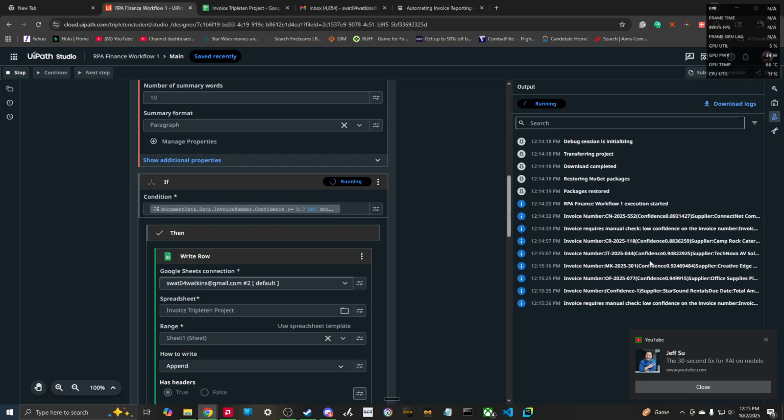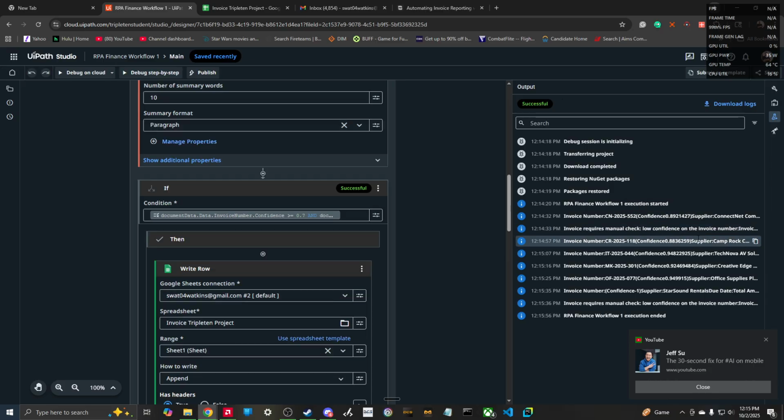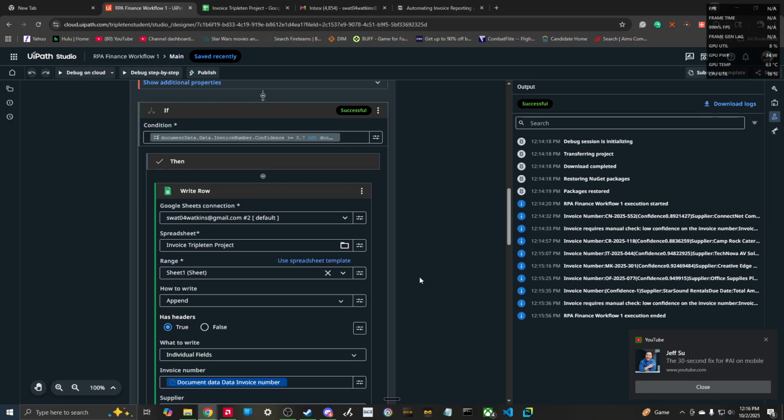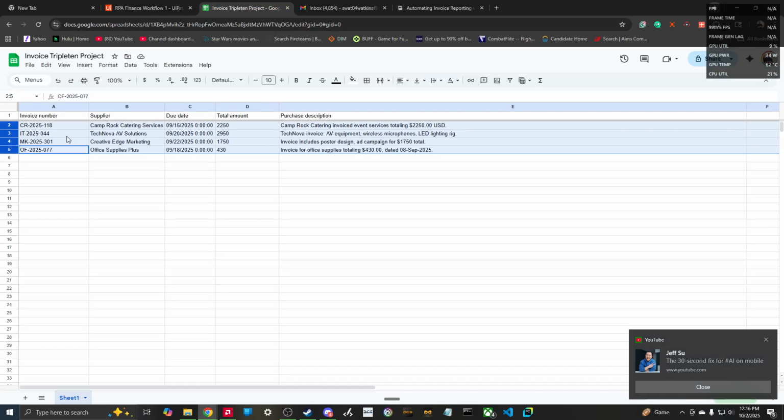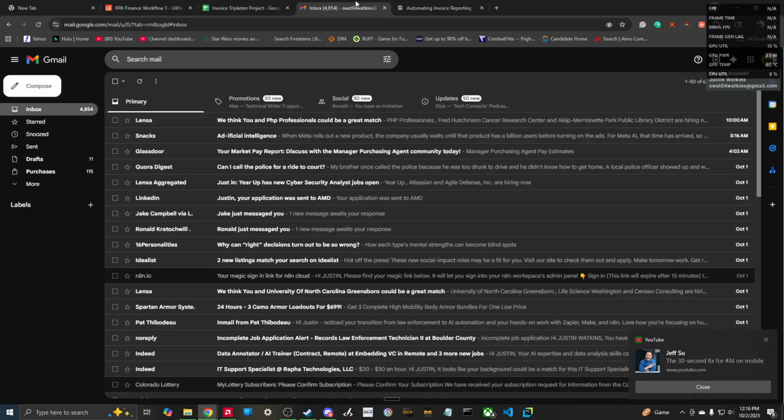But I do want to show you the basic form. That's not required to show up, though it will show up for the logs, which is obviously required. But as far as the whole project goes, I didn't need to send it off to my email, which I'll show you in a second. So this has now auto-populated with all that information: invoice number, supplier, due date, total amount, purchase description, it's all there. And then when I go to my email,